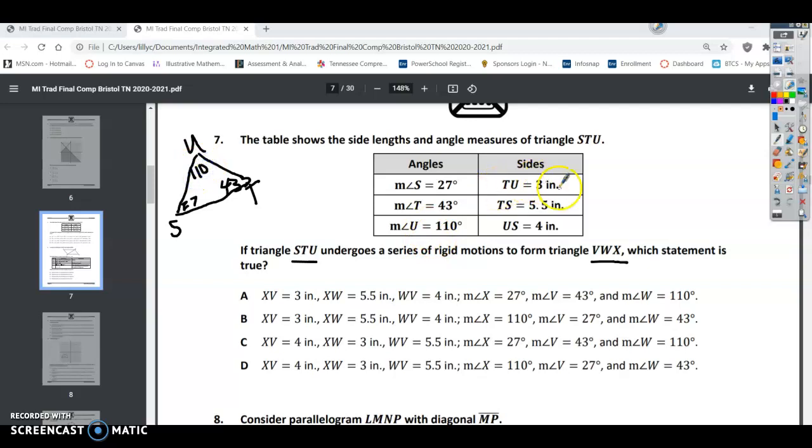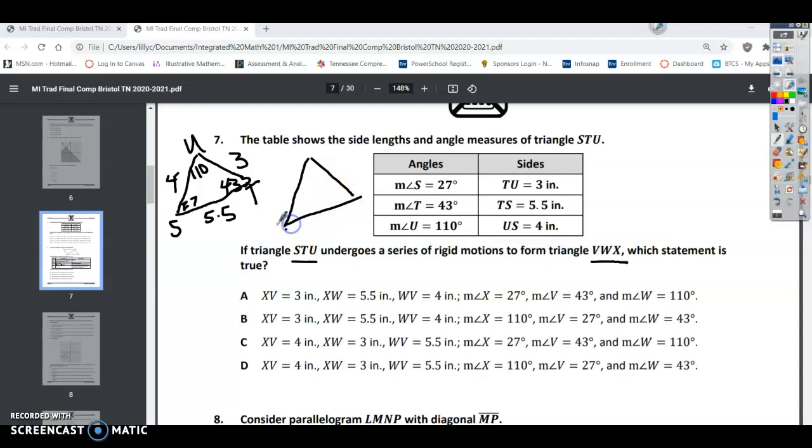All right, and it says TU is a distance of 3, TS is 5.5, and US is 4. All right, so it says we're going to go through a series of rigid motions to form another triangle, VWX. So it's going to go through some motions, but we're going to have